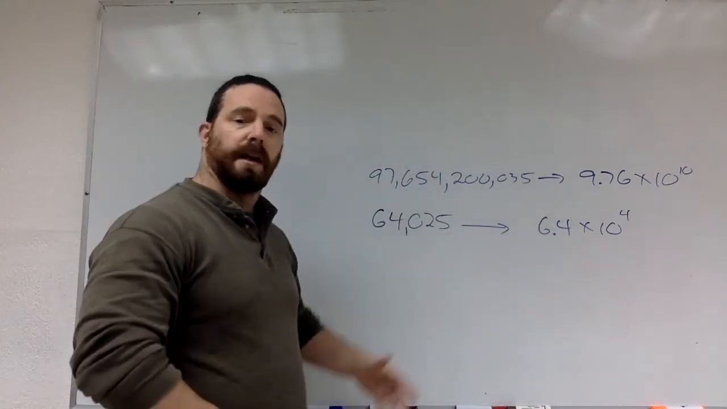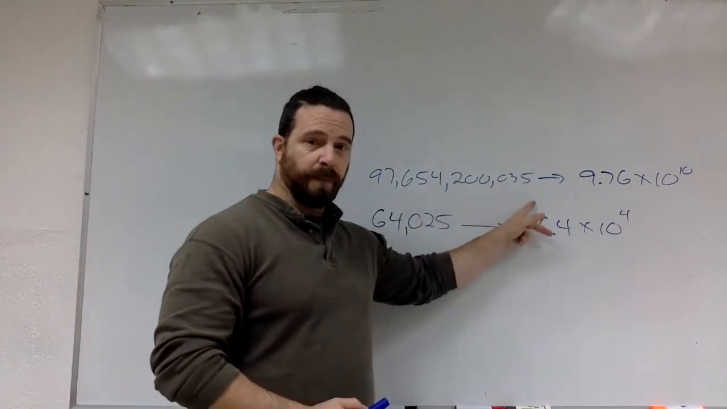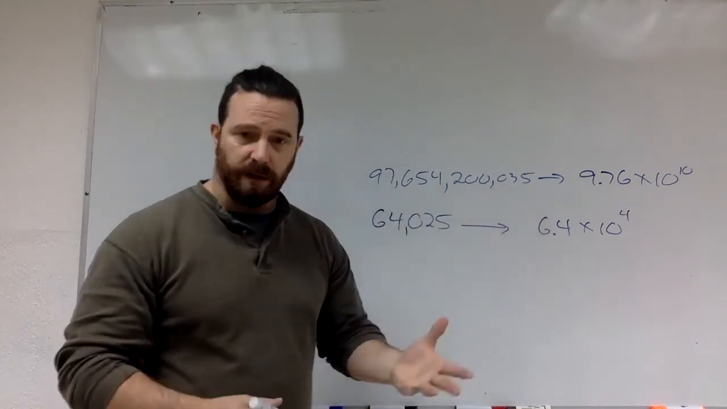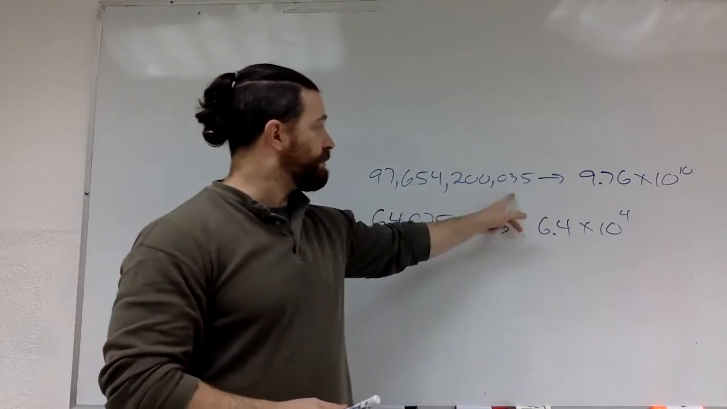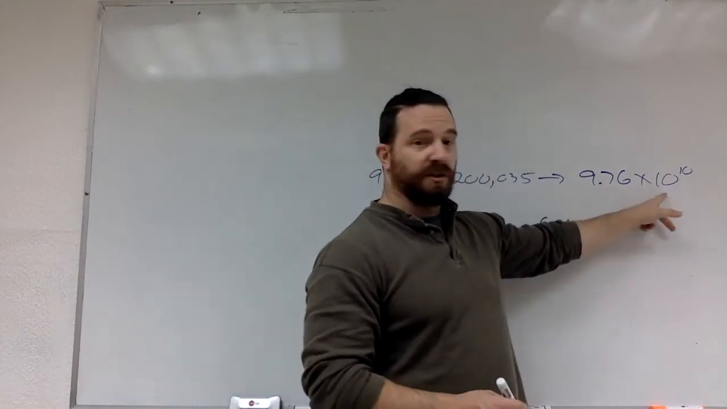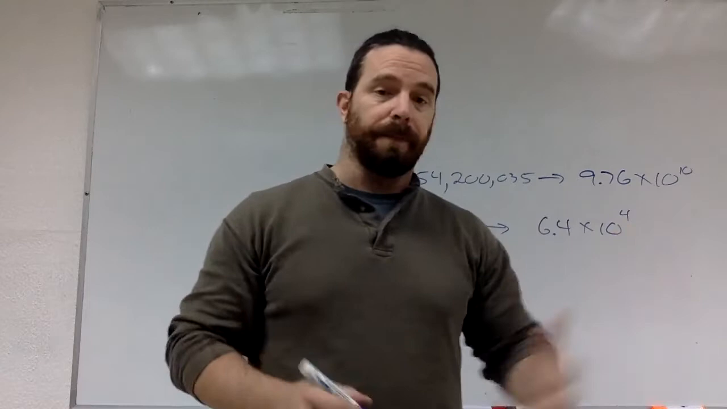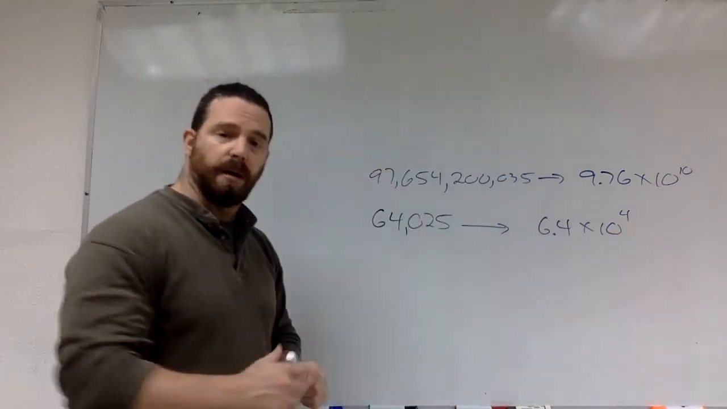All right. Now, scientific notation can be used for very large numbers, or we can use it for very small numbers. When the numbers are large, we use positive exponents. So whenever you see scientific notation written with a positive exponent, you know that that's a large number. On the other hand, if we have really small numbers, such as